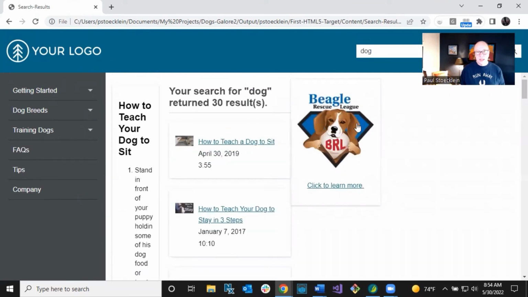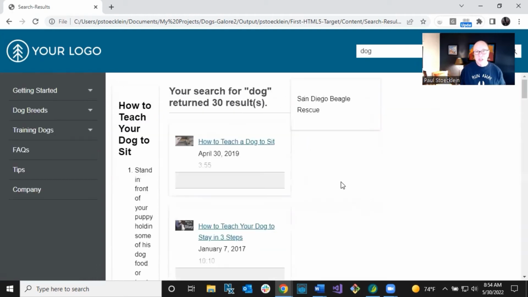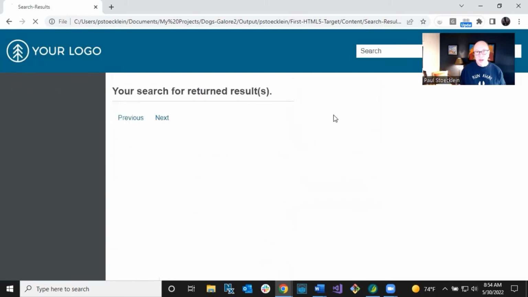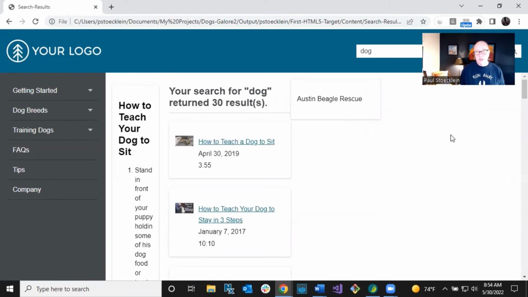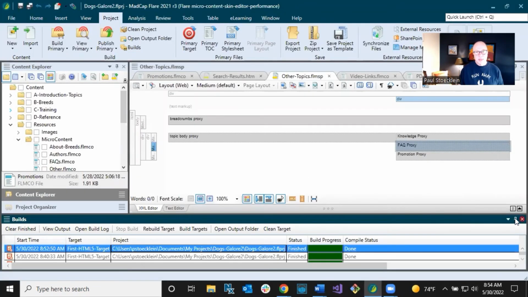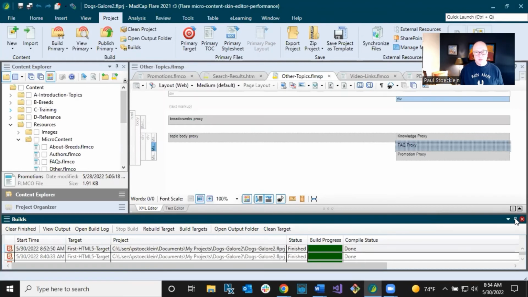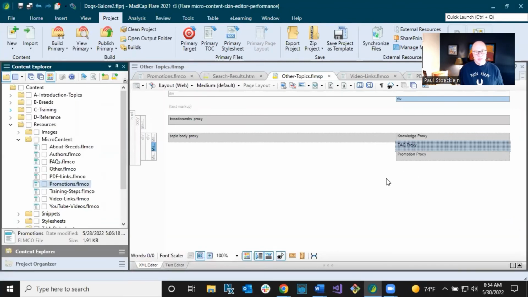And here is our promotional content over on the right, and it's all scrunched up, and you've got this white space because of what I told you about that template page. Now, if I did another search, or if I just clicked and refreshed, this is going to change. It's randomizing between all those things. That's what's happening. So we're going to fix this white space and then try again, and it should look better. So if you do something like this, where you've got a knowledge panel in there on the left or the right, and you also want to put proxies in a custom search results page,